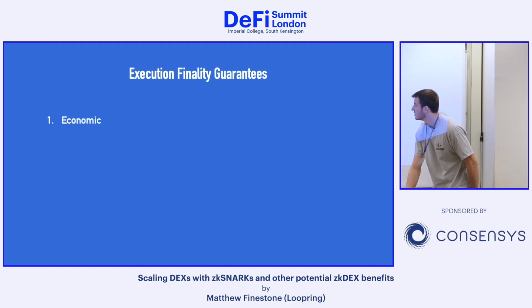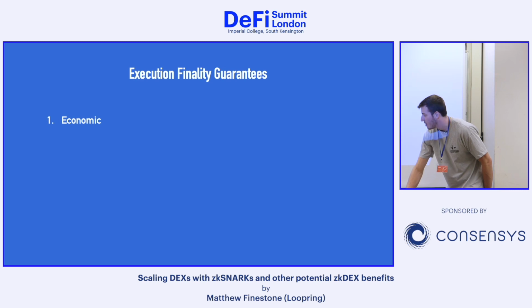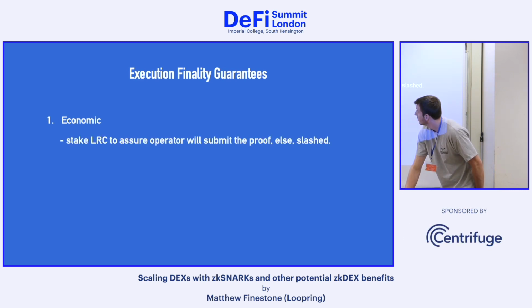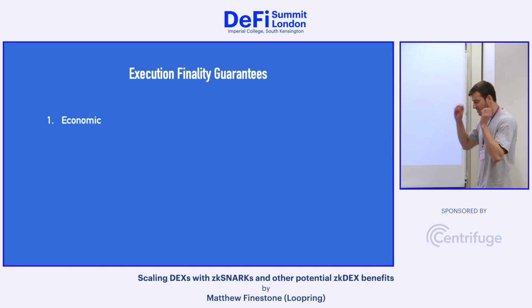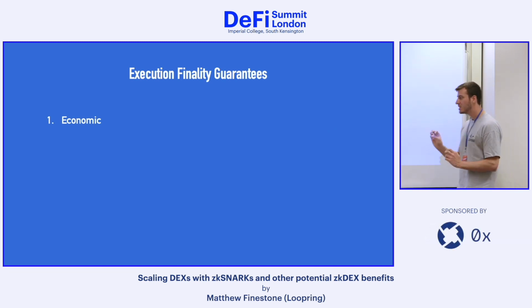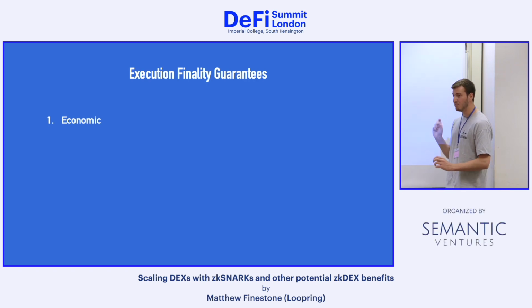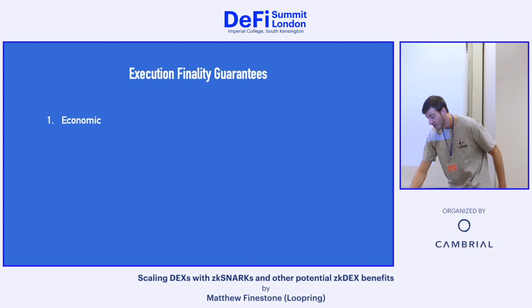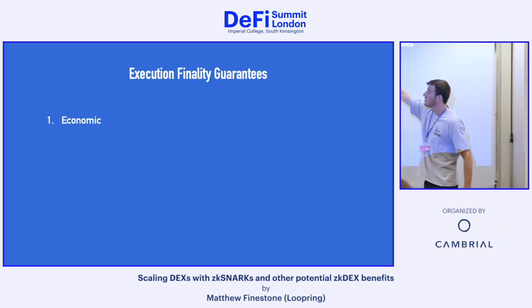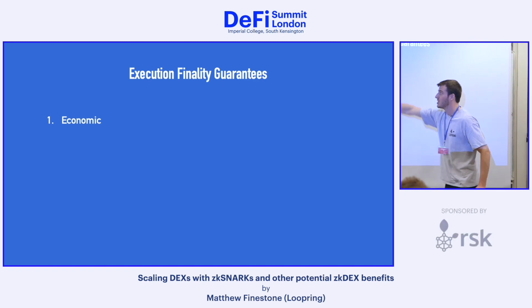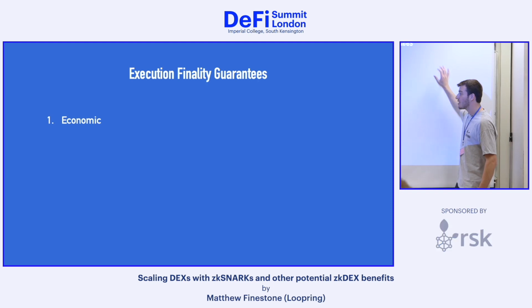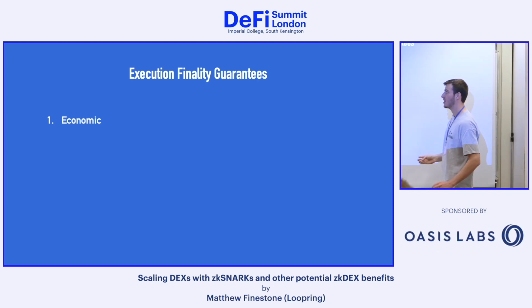Okay, so now let's see what we've actually come up with by using all these tools. When a DEX says that something just executed, what they're really saying is this will be cryptographically guaranteed. In the meantime, you only have an economic guarantee. Because, remember, you commit the block, but then you have 20 minutes to submit the proof, and then the smart contract verifies it.